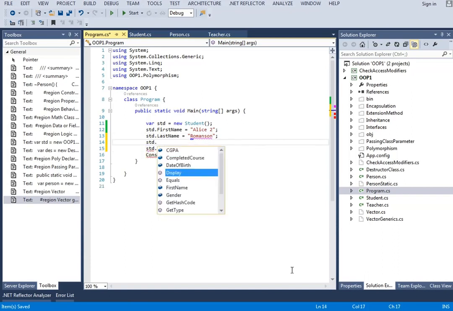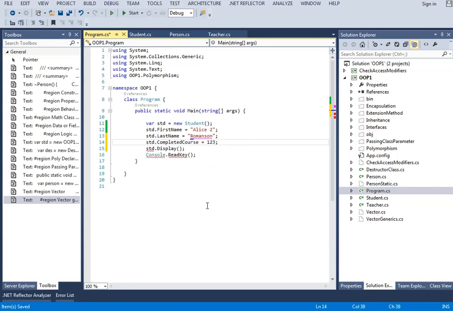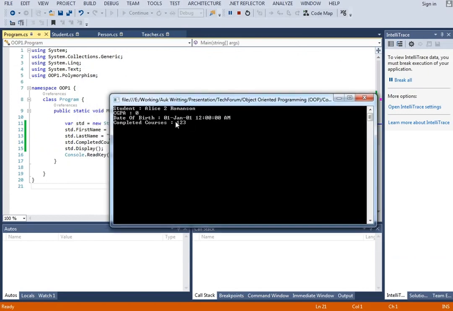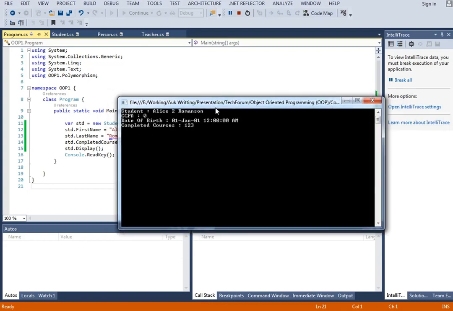We didn't initialize the completed course. Let's say 5. Okay, so let's just print it. You'll see that we have a default date of birth and the others are written here, completed course and so on. So as you can see,